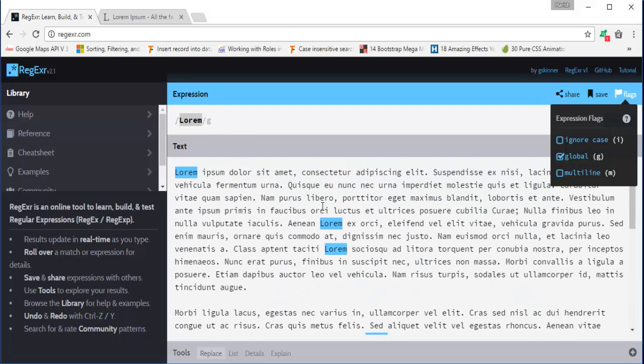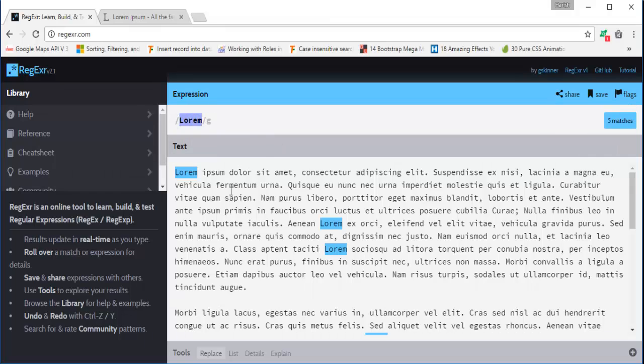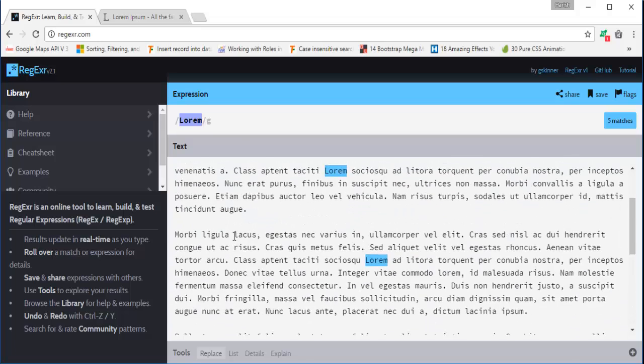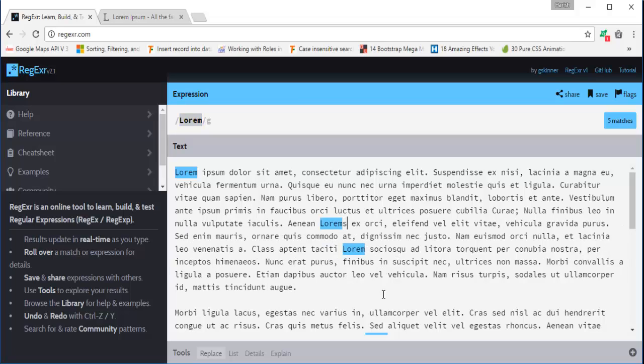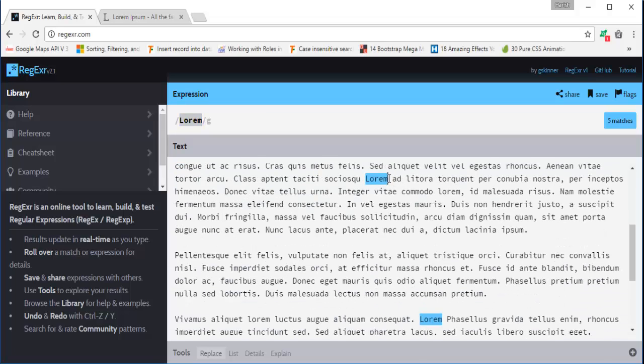So now my objective is, our pattern is matching. It's telling, I want a pattern which has the text called Lorem. So the Lorem is present throughout this text, so it's highlighting that, and it shows 5 matches. Now what I'll do is, I deliberately make it Lorems, and here also,